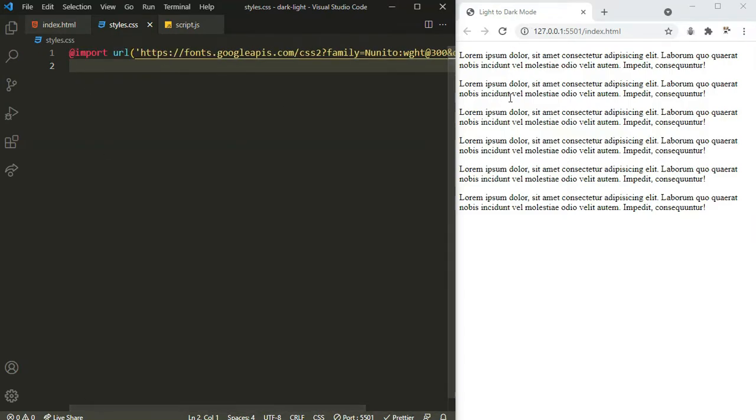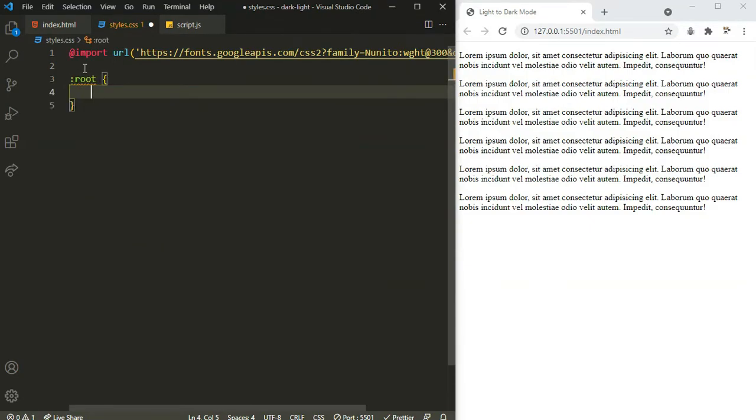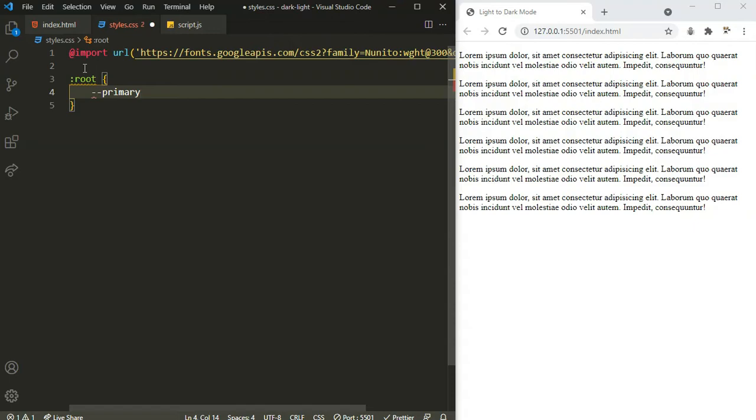Okay, now for this project we are gonna create some CSS variables, which are accessible everywhere, by saying root. The first variable is going to be the primary background color. That's going to be a little bit grayish.